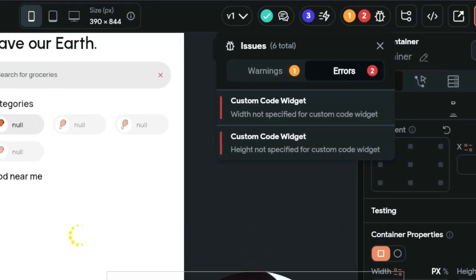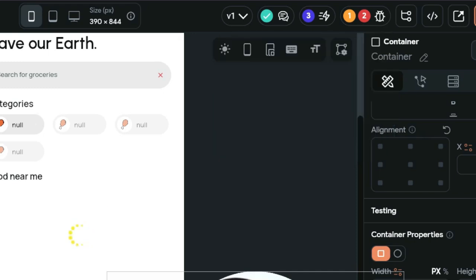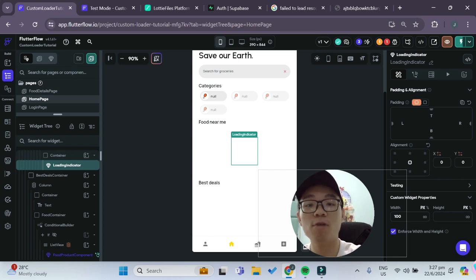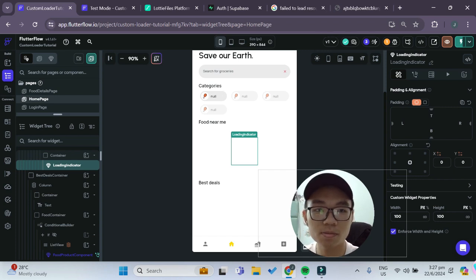Now there are some errors over here, which is that the width is not specified for the custom code widget as well as the height. So one more thing for custom code widgets is that you always have to specify the width as well as the height of the widget. So going back to our custom loading indicator, we'll just specify a width of 100 pixels as well as a height of 100 pixels as well. So now we are done